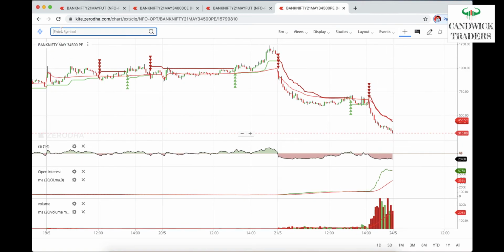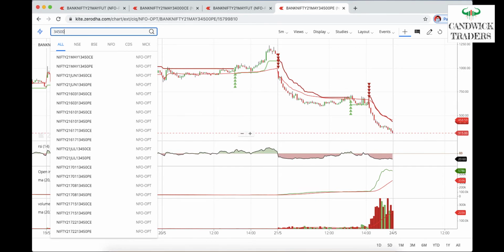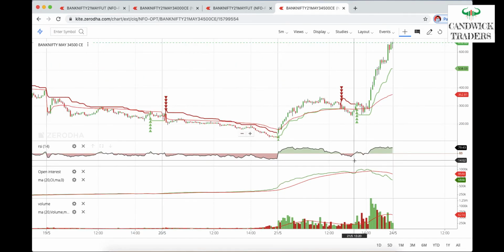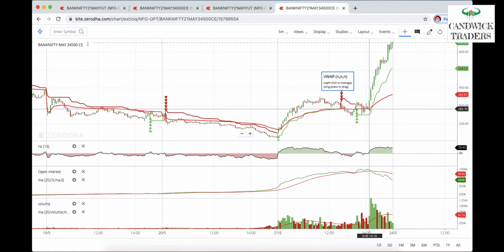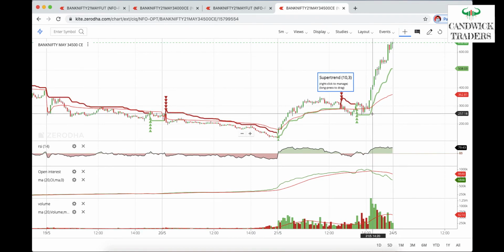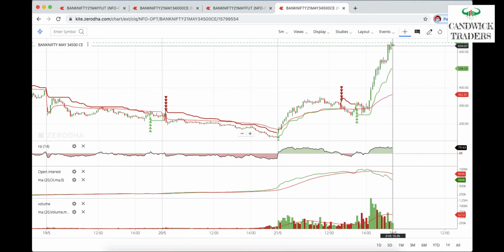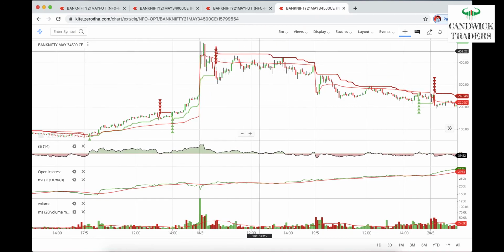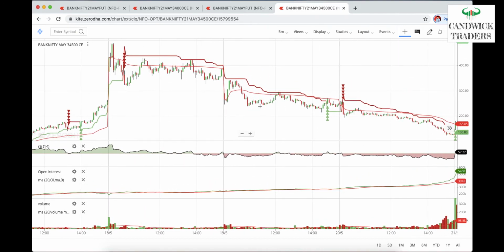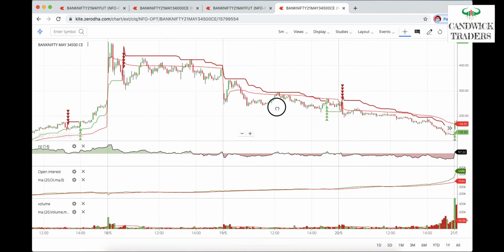Okay, let's see another call option, that is 34,500. Okay, here we got a signal because of the volume, and open interest also is below the 20 MA, and RSI is green, and price closed above the VWAP and super trend. So this is the beautiful setup. Today the market moved 1400 points. It's a trending day, so that's why we got this kind of signals. Otherwise you have to go back and check this one also. This is kind of sideways, right? So no need to enter at any cost on these kinds of signals.